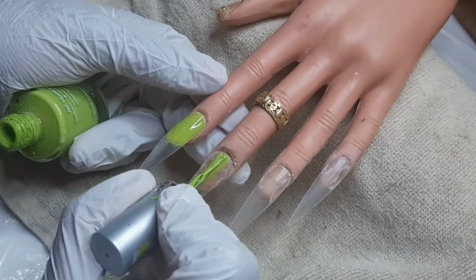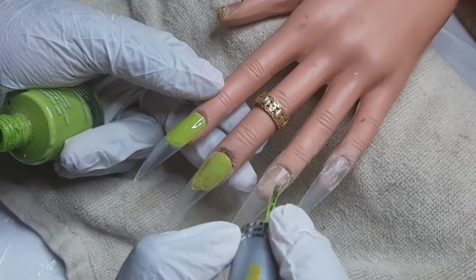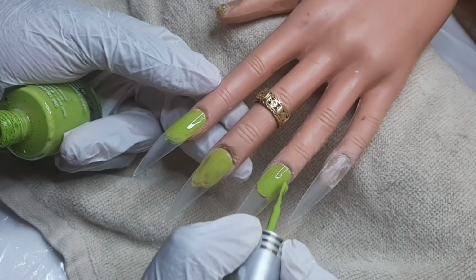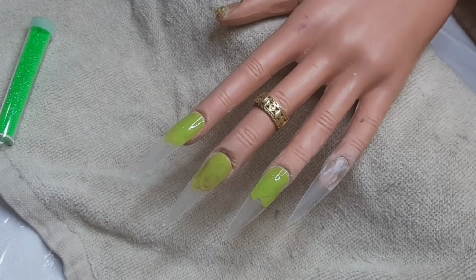So I've already applied my tips to my mannequin hand. That is Cindy, she's not a mannequin. Her name is Cindy. So what I'm going to do now is, originally in my mind, I wanted the French,